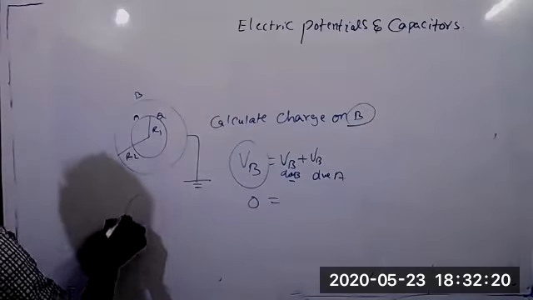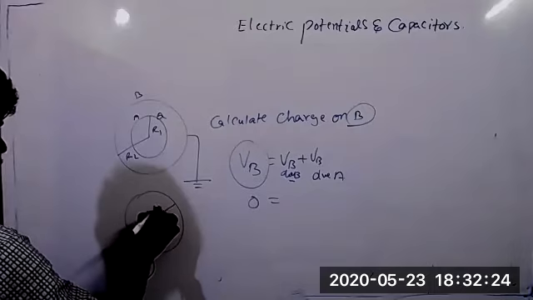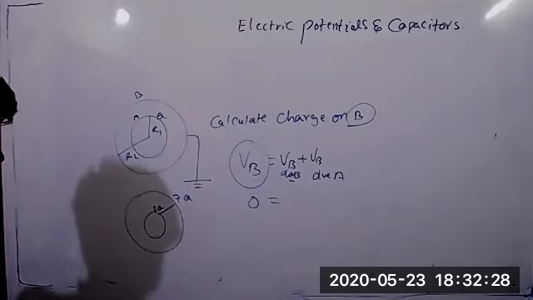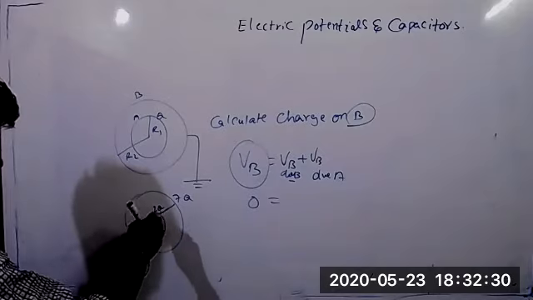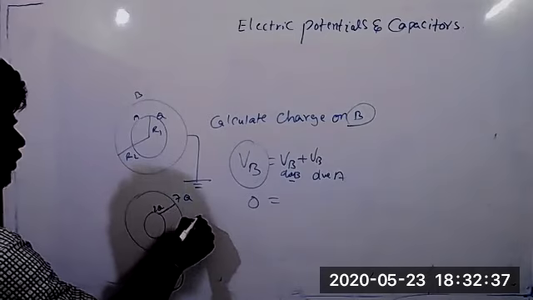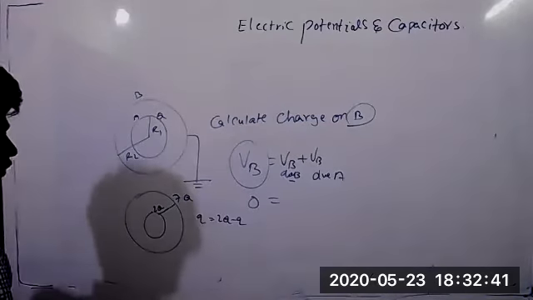And one more method they can also ask. Both will connect, if it is 2Q and 7Q, I told you. Charge distribution. Now what will happen? Some of the charges from inside will go to outside. That time you have to take the charge in place of Q, you have to take 2Q minus Q.